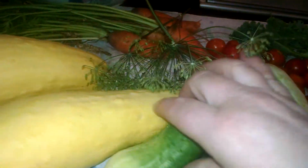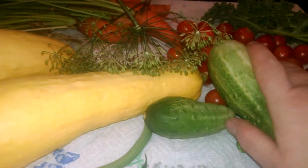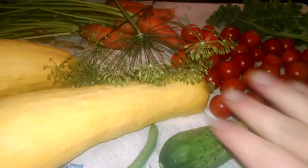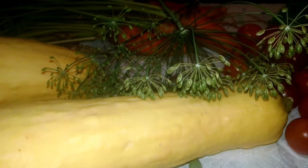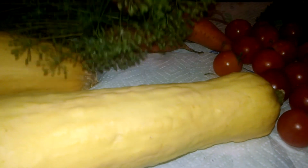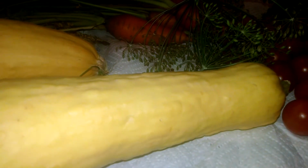I got some more blackberries this week, I said earlier, and I've started to cook some of those down to make jelly, and I made blackberry ice cream this week. I will do a video on that because it was delicious. It was so good. I used the recipe from the Pioneer Woman on her website, so you can go on there and look. And when I do the video, I will link that, or I'll try to remember to link